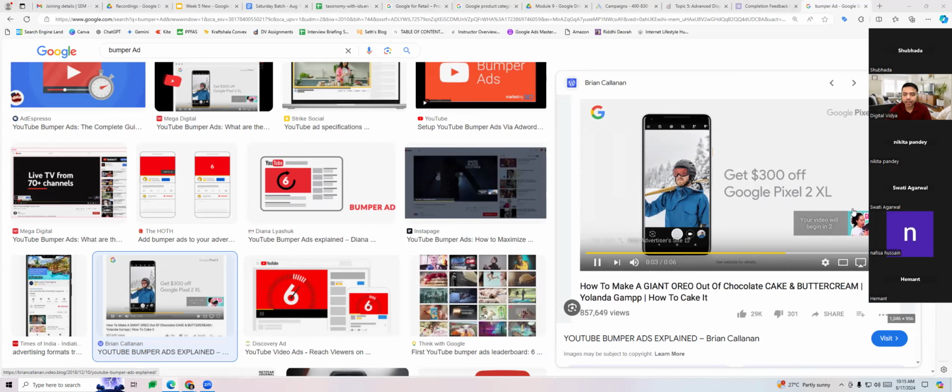Now, this ad, as you can see, does not give you a skip ad button like the previous one. And that is why it is used for brand awareness only. How do you do brand awareness? Brand awareness is done when you push your ads in front of people, right? People are not looking to know about your brand. You have to go in front of them and tell them that, look, this is my new brand. This is what I sell. This is my new company. This is what we are giving as a service.